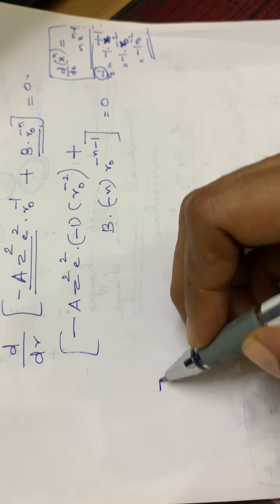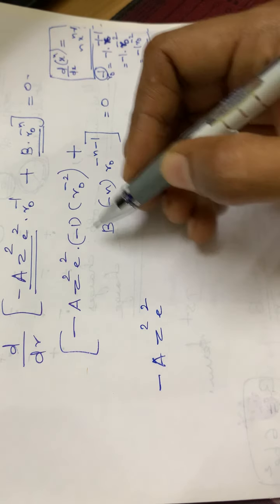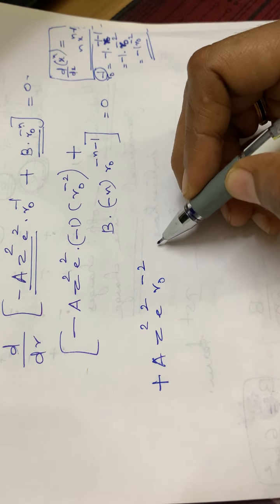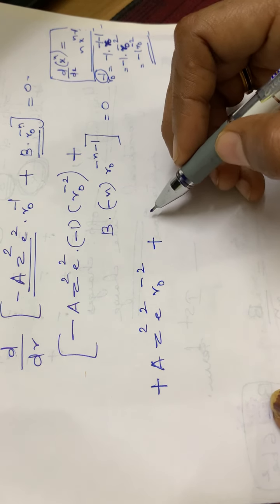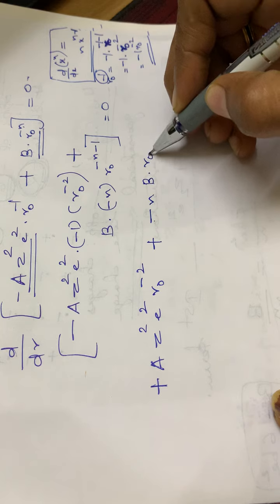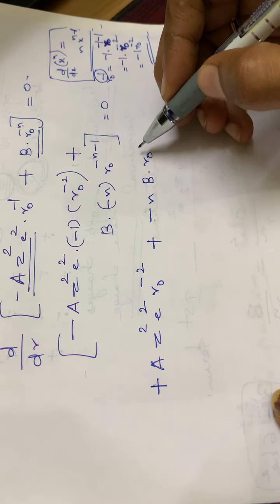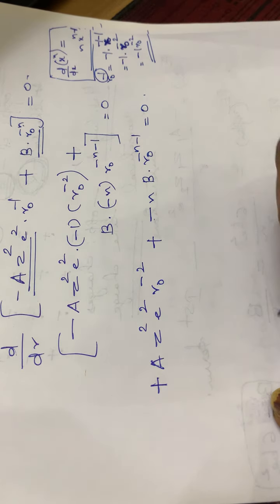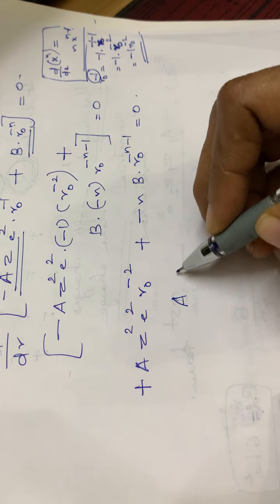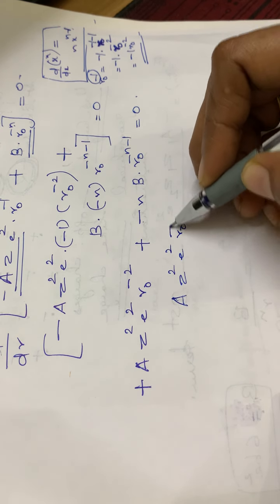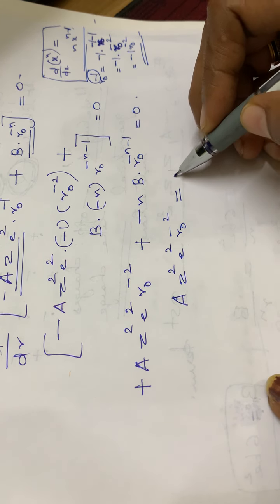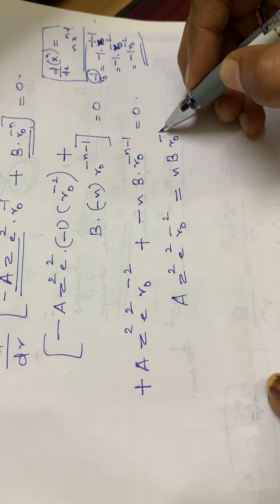That is minus a into z square into e square into again one minus term, so this will become positive into r0 raised to minus 2, plus again minus n into b, so it becomes minus n into b into r0 raised to minus n minus 1, that is equal to 0. Again you can take this term to the other side of the equation, that is a into z square into e square into r0 raised to minus 2 is equal to, while taking this to the other side it becomes a positive term, isn't it? So it becomes n into b into r0 raised to minus n minus 1.